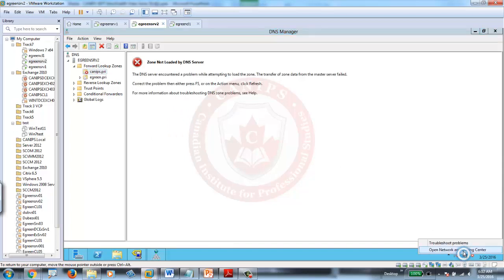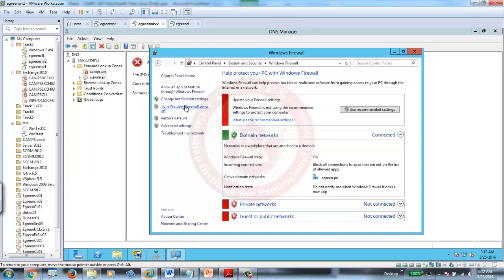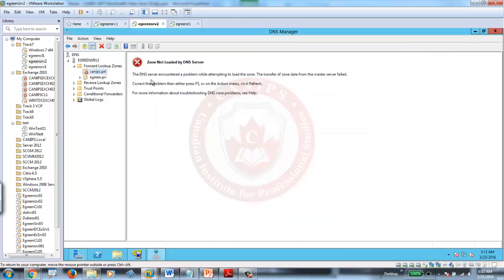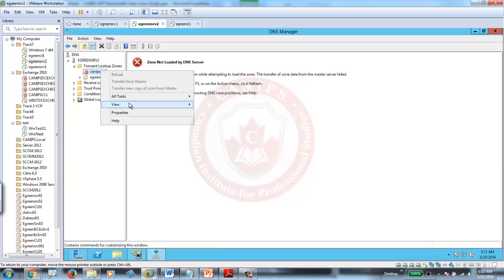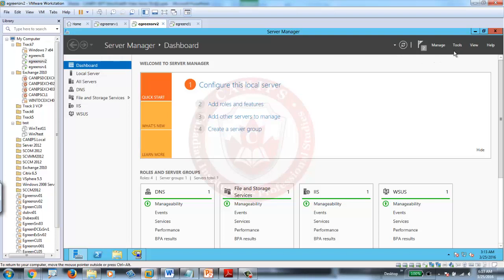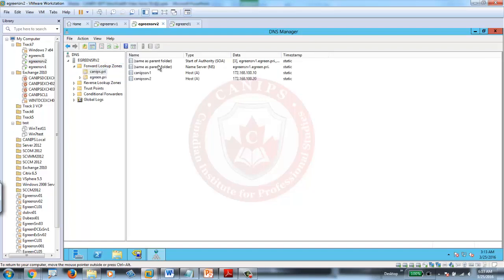At the same time, I need to check my firewalls. Firewalls should be off. Oh, the domain firewall is on. This might be the bottleneck. I'll just disconnect the firewall and I'll do the zone transfer one more time. So since I initiated a zone transfer one more time, I'll close this, reopen it again, and now I see the zone. So the firewall was the issue. So before it was not pulling up everything. Now whatever you do,